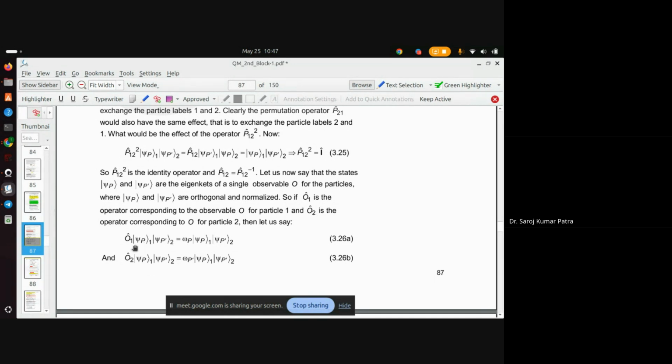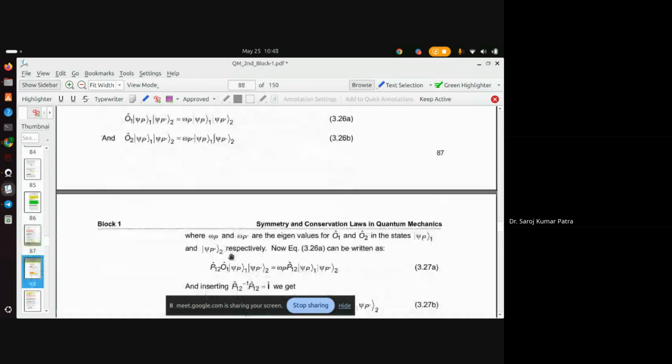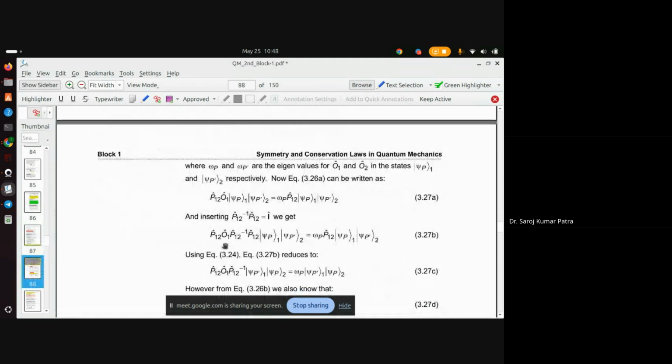So O1 operating on the state psi p1 will be equal to omega p psi p1. This is like a simple eigenvalue equation, and similarly for particle 2, operator O2, this will be the equation. If that is the case,